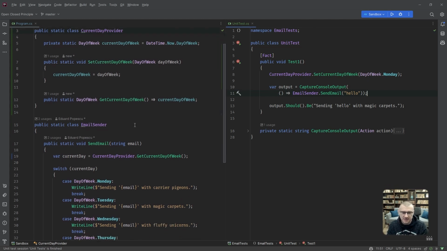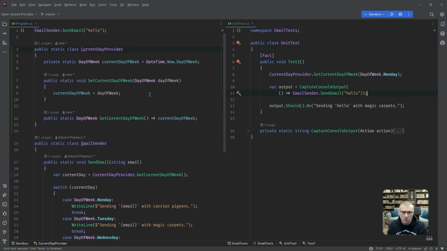Okay, never mind. So what we want to change now, what we want to do is to turn this current day provider thingy into a proper dependency, make the email sender class not static so we can inject explicitly a dependency so we can see the relationship at runtime or at test time or whenever you write the code, okay?